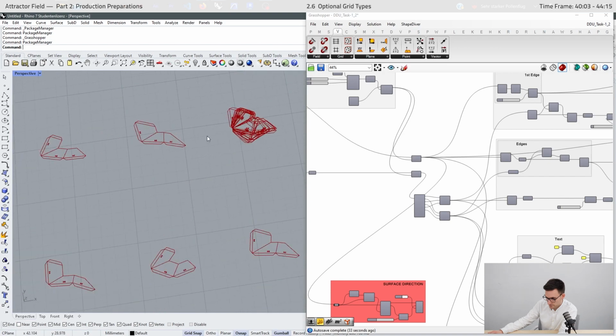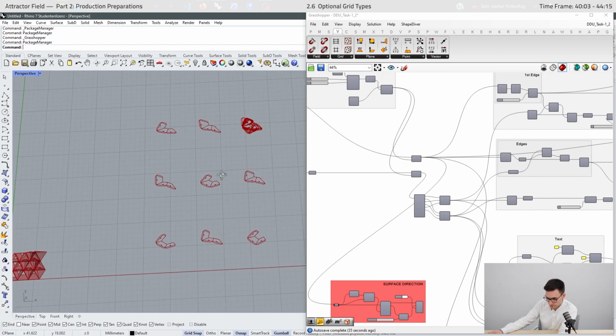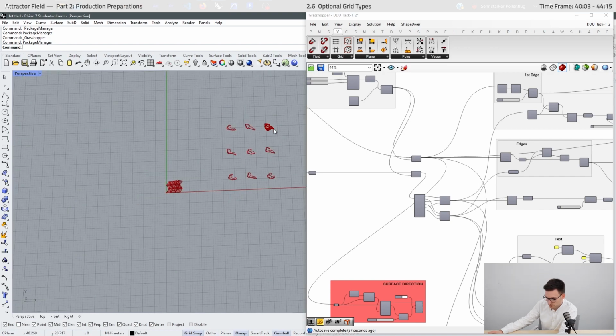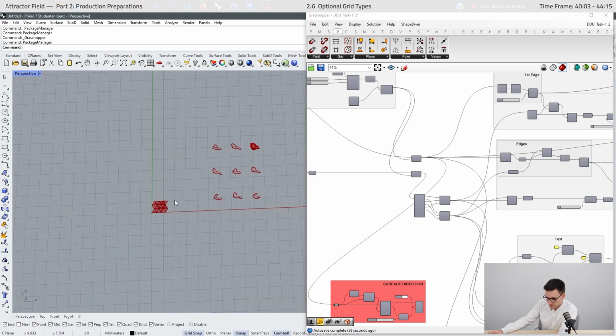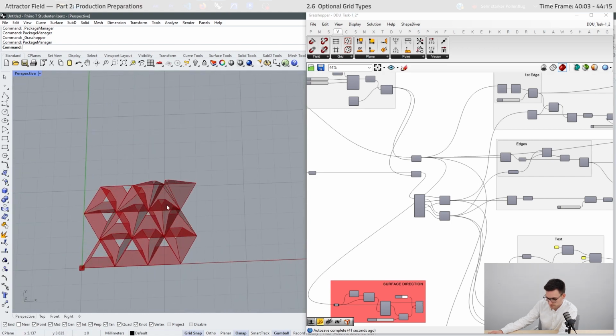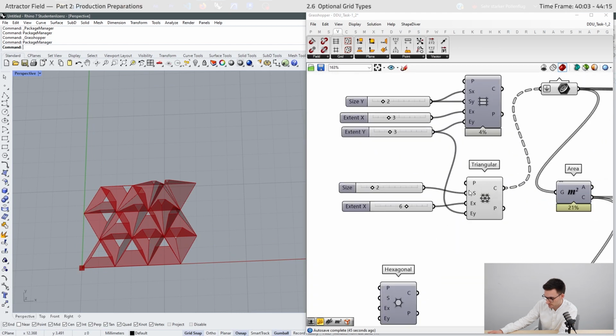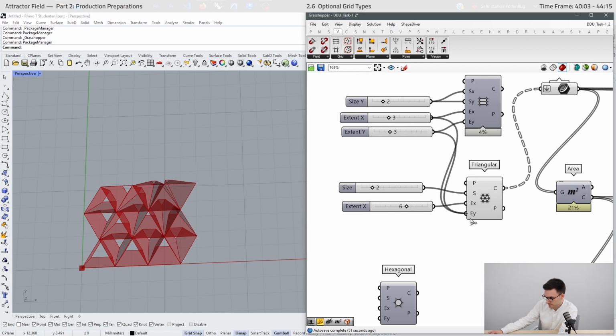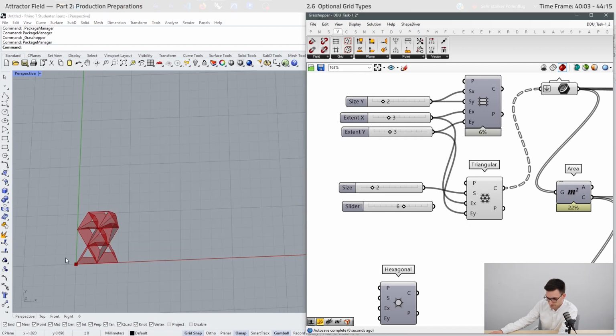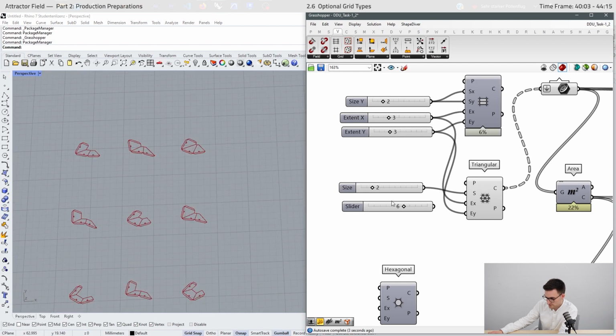And now it worked, but here's a problem. And this is because we have a different amount of cells. Here I will just use 3 by 3, and then it works.